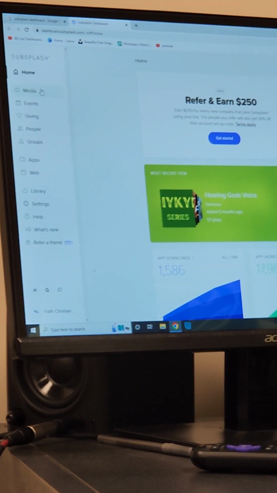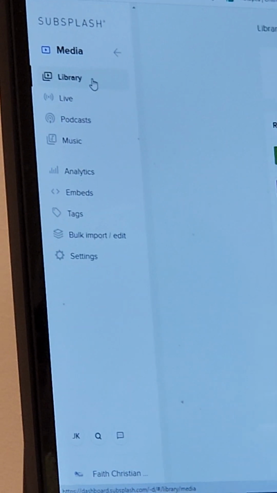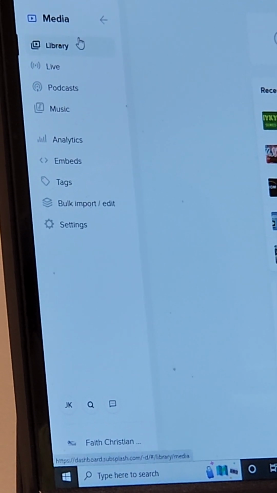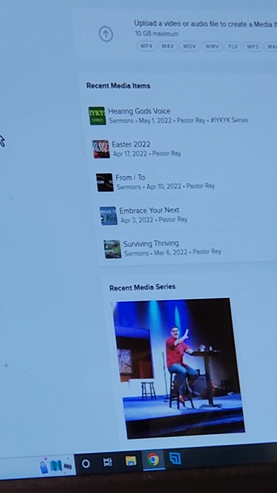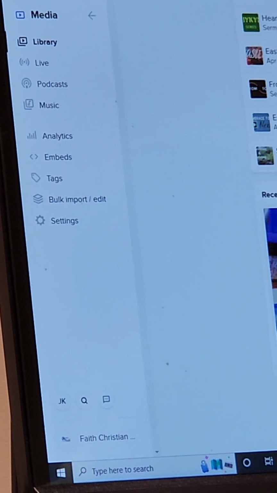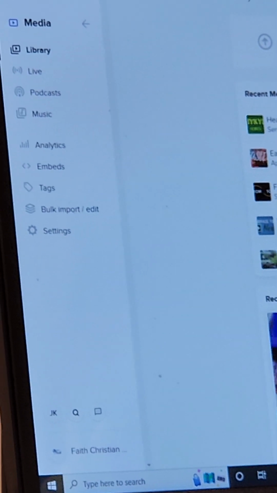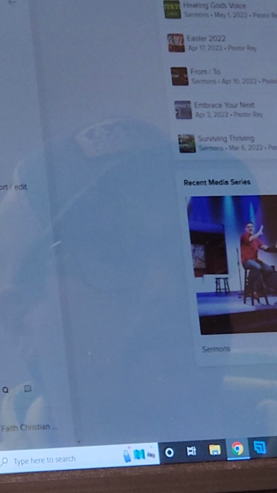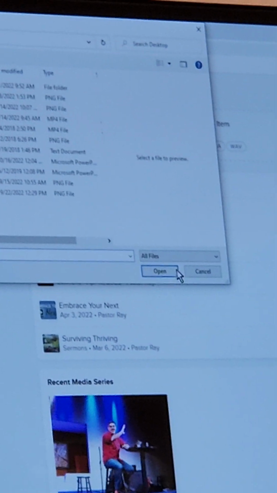Okay. The first one is media, and let me see if this is, yeah, so this is where you would, so media library, go to media, then click library. This is where we're going to upload the videos to the app and the website, if you want them uploaded on the app and website. You just drag and drop them up here. I think you still have to, let me see. Oh, maybe you don't. Okay. You don't have to put them in media series anymore. So yeah, you'll drag and drop them up here, and it'll pull up, let me see if I can just,